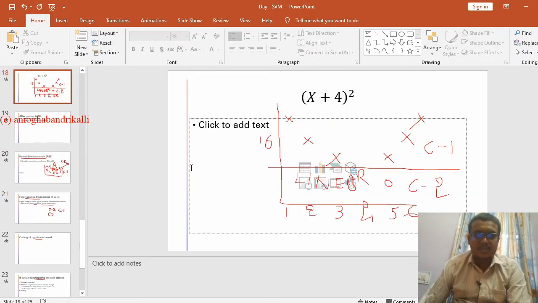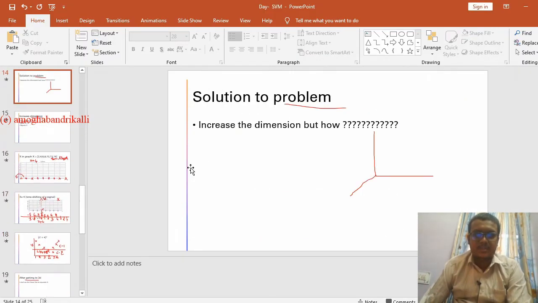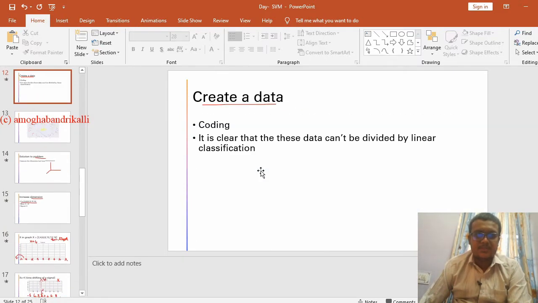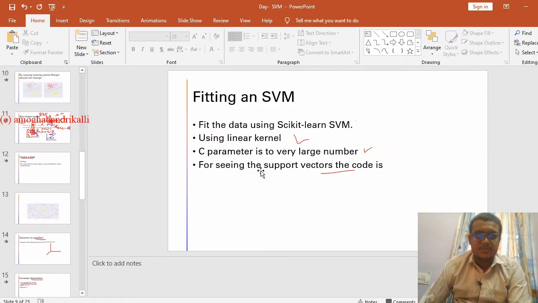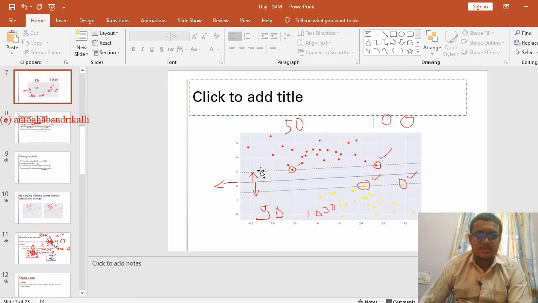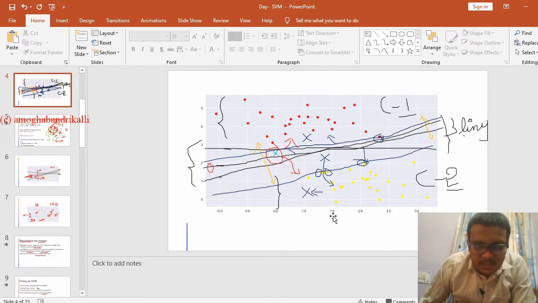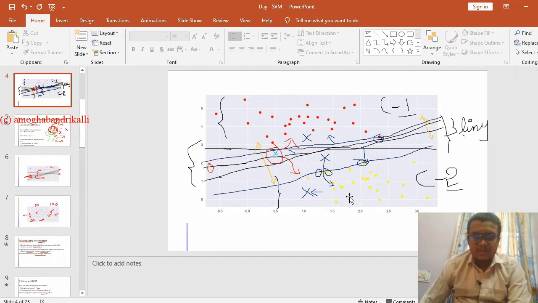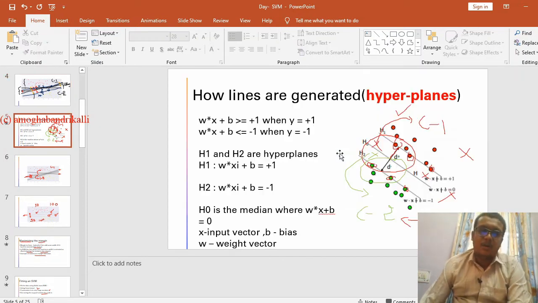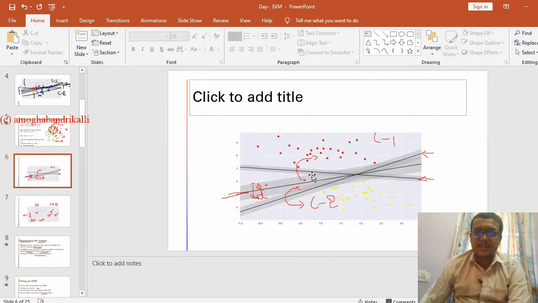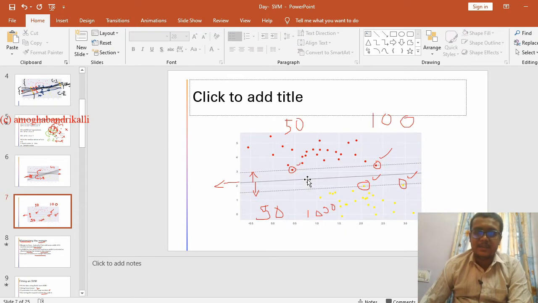So still more easier to understand this concept: if this is the data, the lower boundary means the line nearer to class 2, and the upper boundary means the one nearer to class 1. By taking the median of both, we get a middle one. From that middle one, we will generate a hyperplane for the newer data.